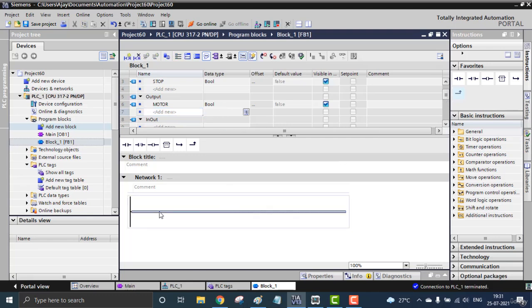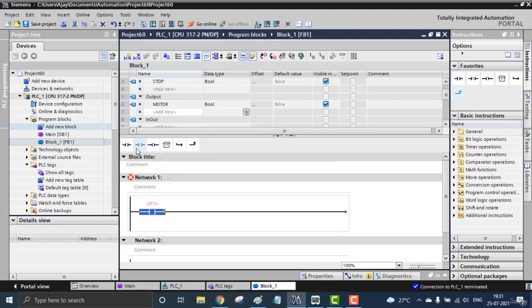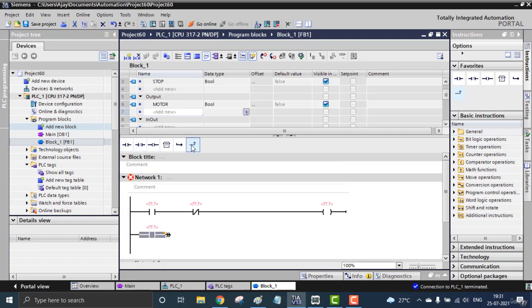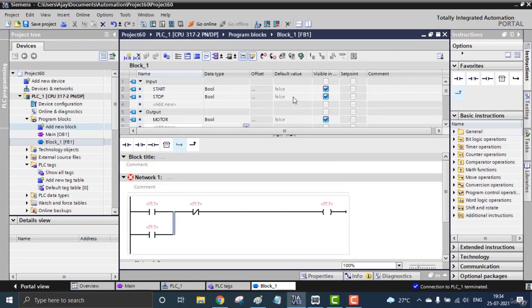And we are going to create this using the logic right here. I'm using one contact, one NC, one output, and placing one branch right here for the latching. After that we are going to address these. This will be my starting button, so I give the address as start.